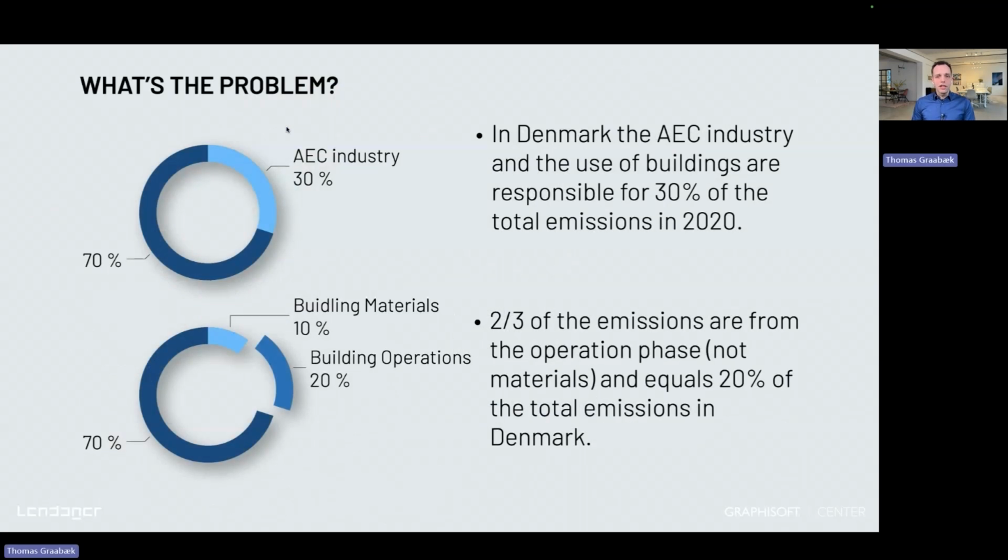In Denmark, 30% of the total CO2 footprint is from the AEC industry, so we have to change. What not very many people realize is only 1/3 of that footprint from the building industry is from building materials. 2/3 are from the energy use for operations. So that's heating, cooling, ventilation, lighting, and electric appliances. So we don't have to only look at new building systems with new materials, but we also have to look at how to limit the amount of energy that is put into the building during the use phase.